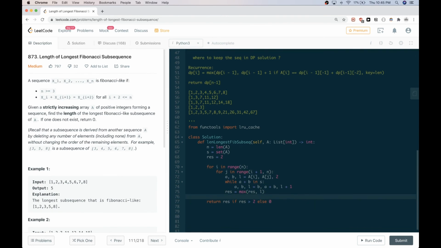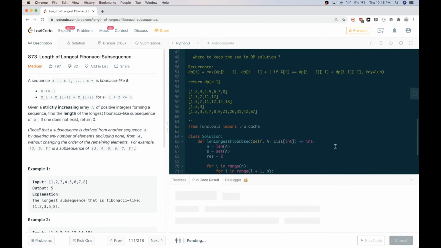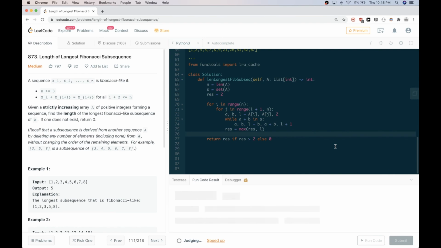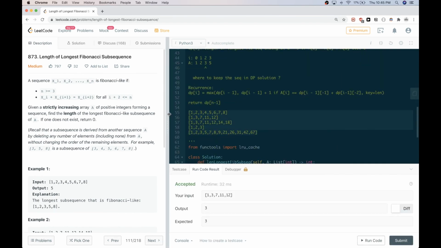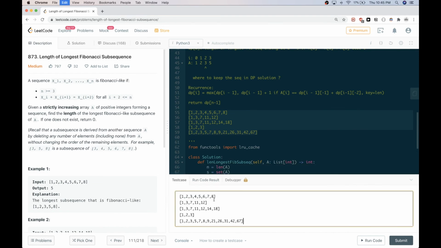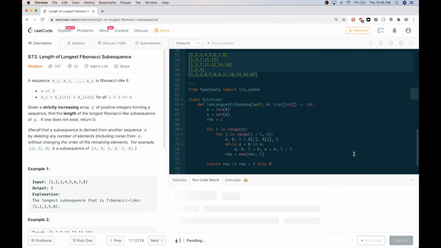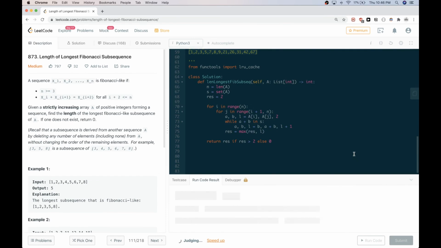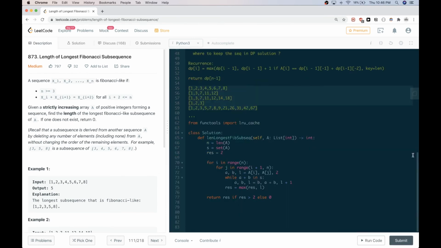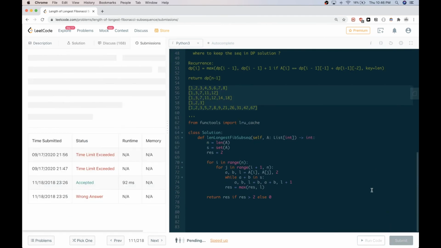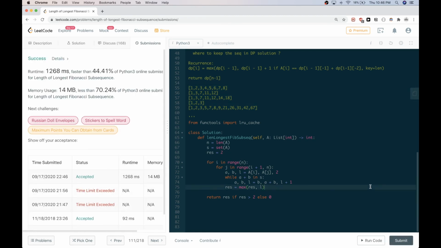What else? Let's see. Okay, nice. That looks to be working and is a lot simpler. Submit. Cool. Yeah, cool. So that passes my